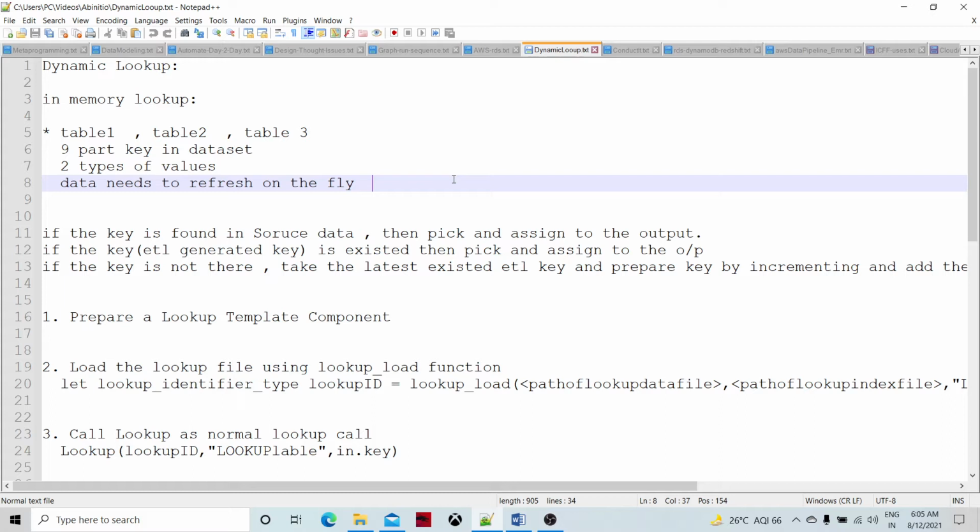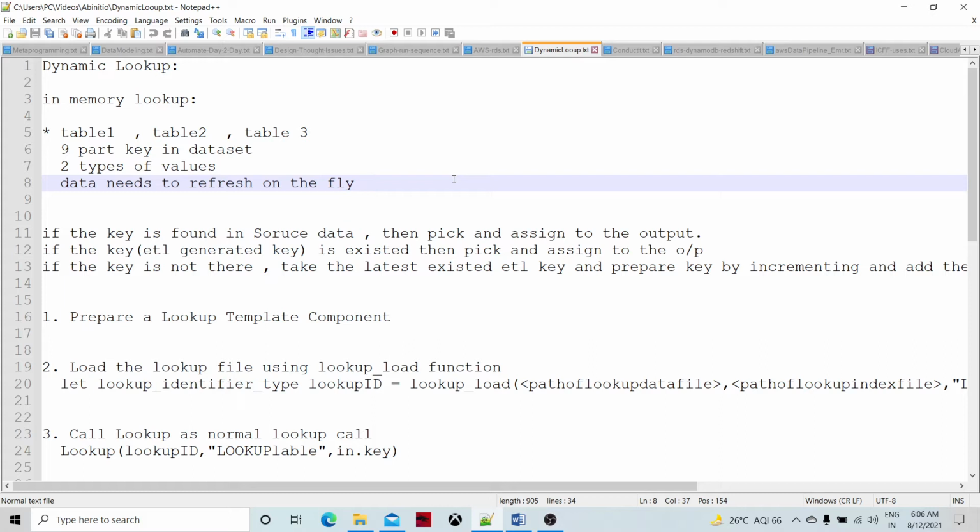So for the time being we create the ETL generated key and load that key into the lookup for the processing of the day, and then the next day or the following day, whenever the data comes in, we use that particular key.